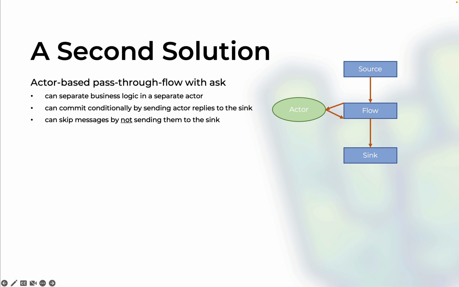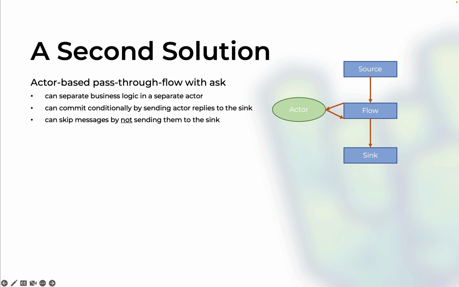The second solution would be an actor-based pass-through flow with the ask pattern. This is a little bit more complex, but this gives us some additional flexibility because we can separate the business logic in a separate actor, and the flow shape in the middle communicates with the actor, therefore handling the business logic separately, and can commit conditionally by sending actor replies to the sink or not. So we can skip the messages by not sending them to the sink, and the sink can take care of